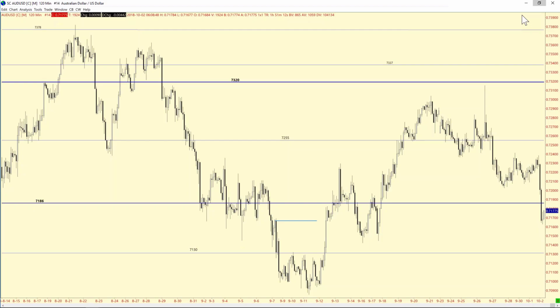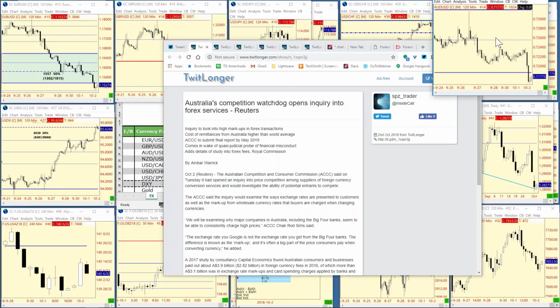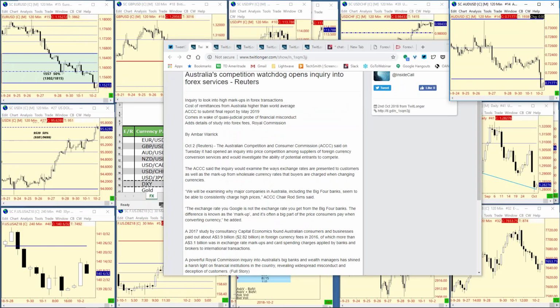The Australian Competition and Consumer Commission said on Tuesday it opened an inquiry into price competition among suppliers of foreign currency conversion services and would investigate the ability of potential entrants to compete. The exchange rate you Google is not the exchange rate you get from the big 4 banks. The difference is known as the markup and is often a big part of the price consumers pay when converting